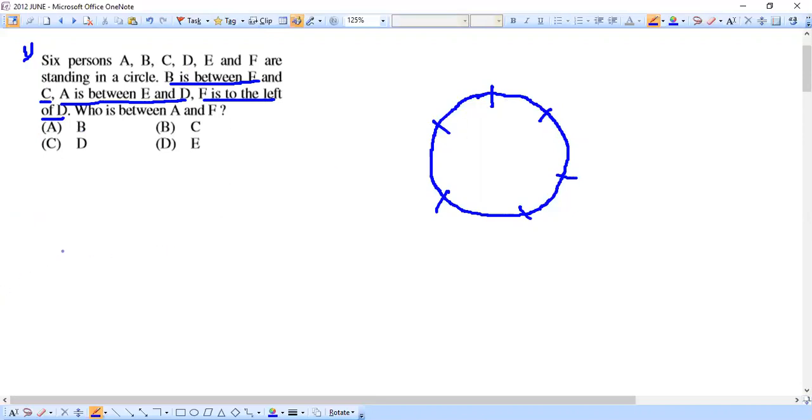And always remember one thing, whenever we come to solve a circular arrangement question, we can always position the first person in our own position. Okay. So the first person, it is our own choice. It is totally our choice to position the first person because it will never disturb the problem or it won't affect the arrangement of these persons. Okay, that's the reason.